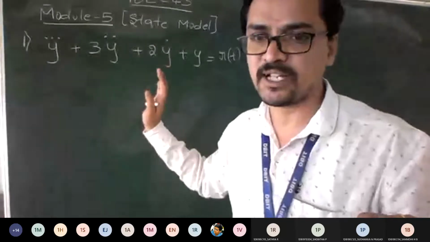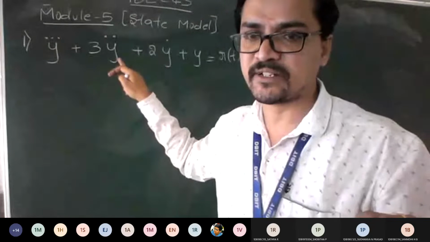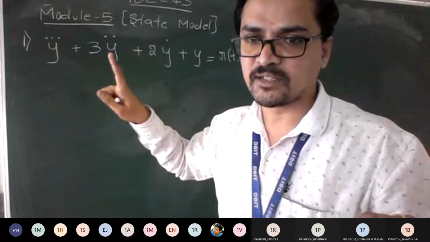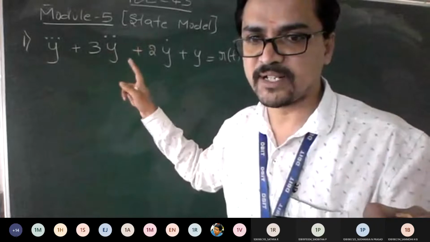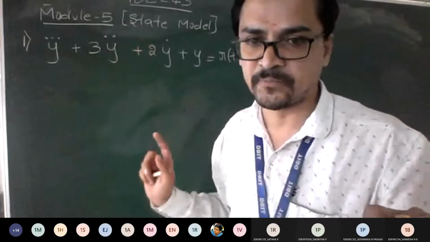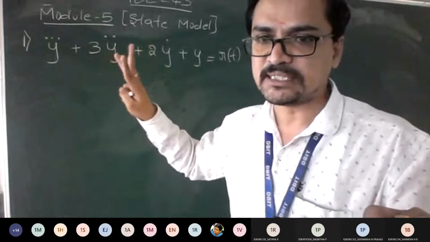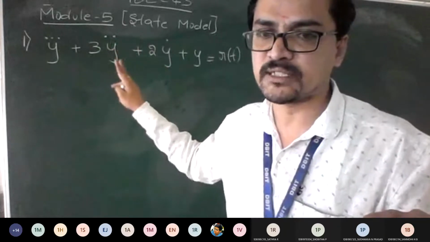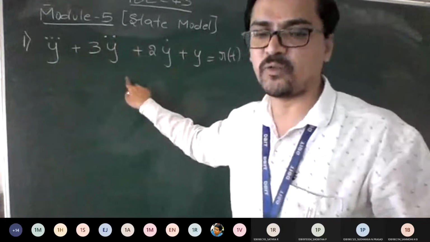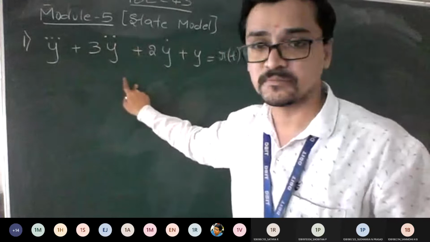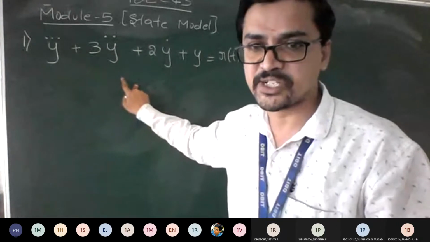You can see the question carefully. The dot, I hope you know what it represents, right? Nothing but differentiation. If it is a single dot, it is d by dx or d by dt. Double dot means d square, triple dot means d cube. So from that, how many maximum differentiations do you have? 3. So you can conclude the state variables are 3. I hope the first point is clear to everyone.